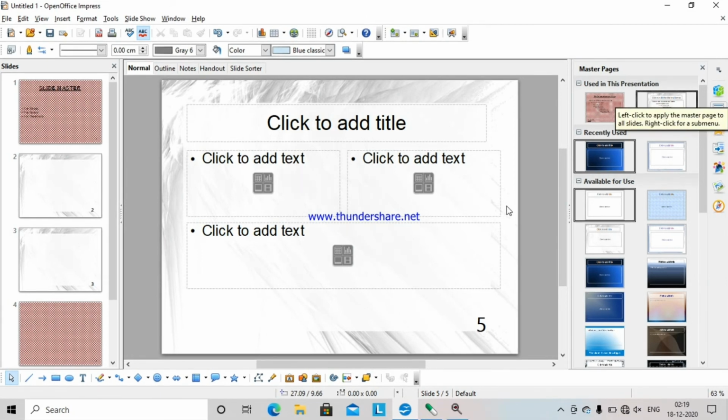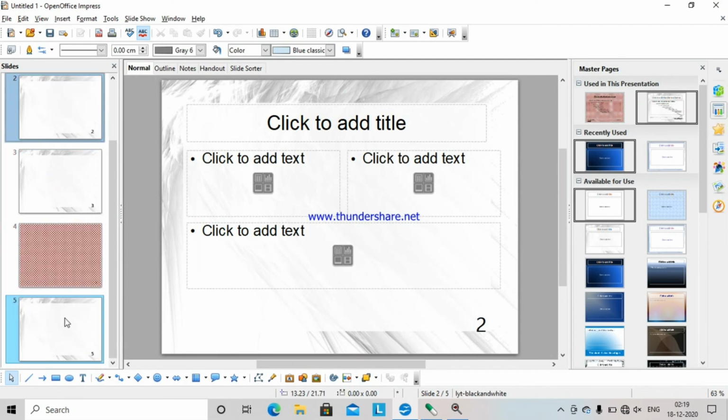Now suppose in my presentation, if I want to apply a particular master page on some selected slides. For example, suppose on the second and fourth and fifth one. On these three slides, I want to apply a different master slide. Suppose this one, that brown. We can do that also, that we can apply the master slide to some selected slides or to all the slides. If I had selected these three slides, slide number 2, 4, 5, and on that I want to apply another master slide. So I would just select it from the left pane, then I would come to right side,